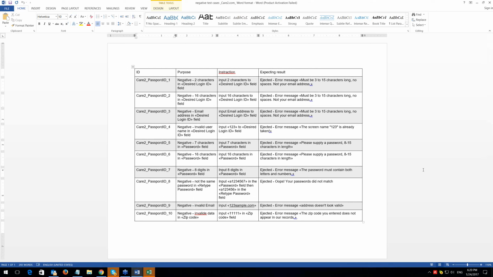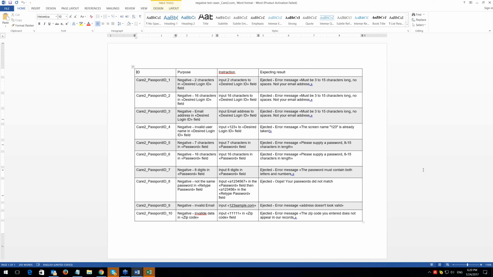Yes, boundary condition and equivalence classes. These are great black box testing techniques that let us optimize our testing efforts, save a lot of time, and have robust test cases and make sure that nothing is left behind, everything is covered.